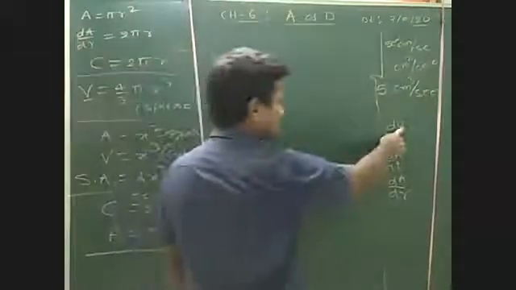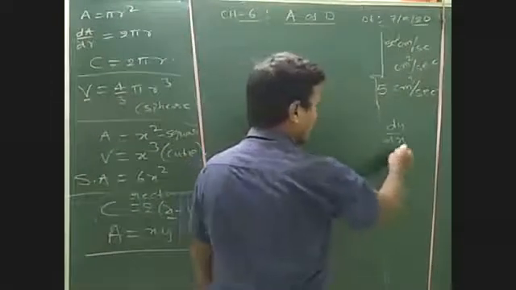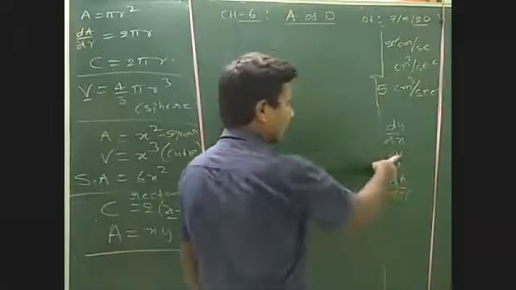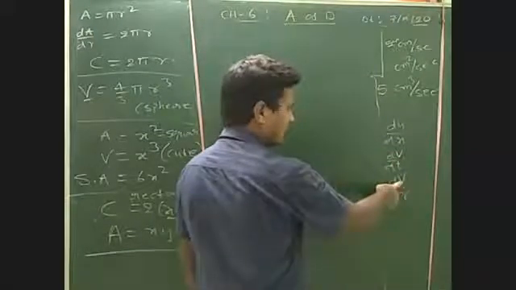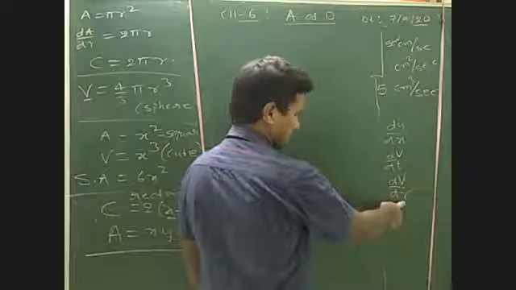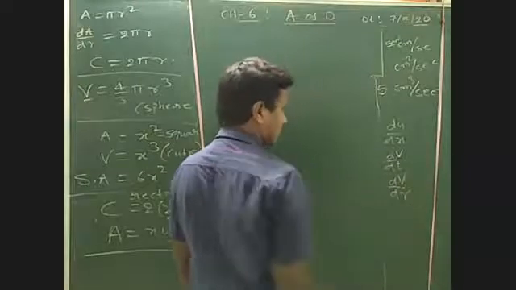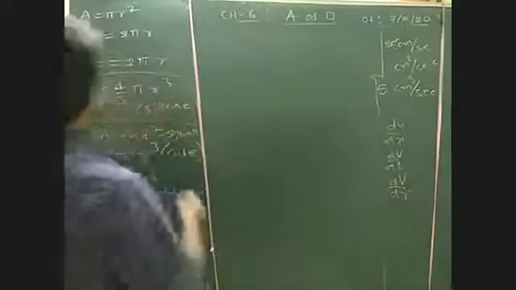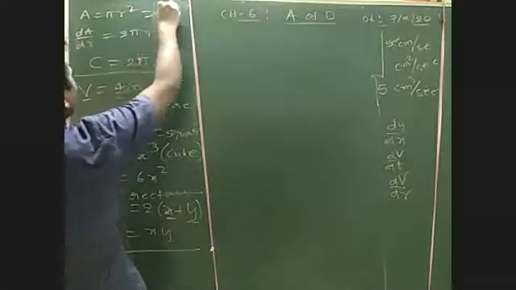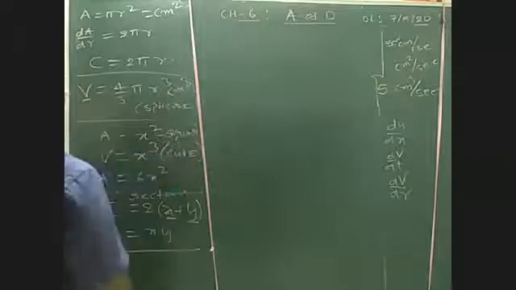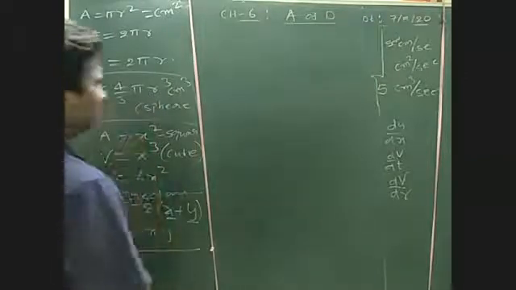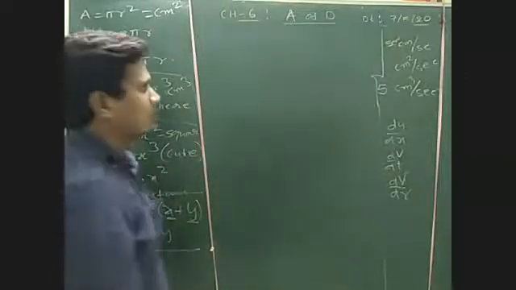Here y is the quantity. If I take V, the rate of change of volume with respect to time. If I take V here, the rate of change of volume with respect to r. Okay, like that. So here we will write area in centimeter square, volume in centimeter cube, cubic units, like that. Right?